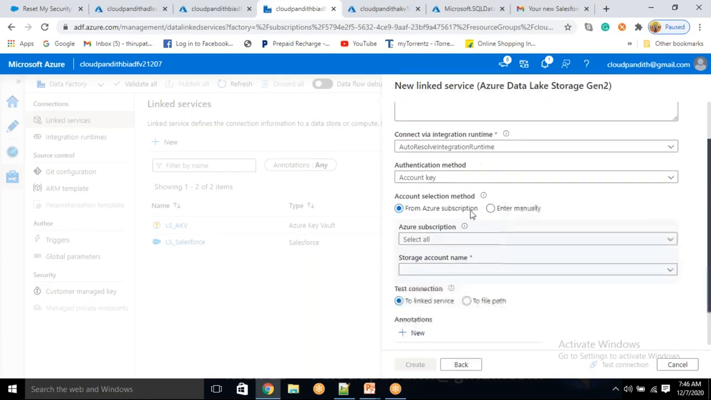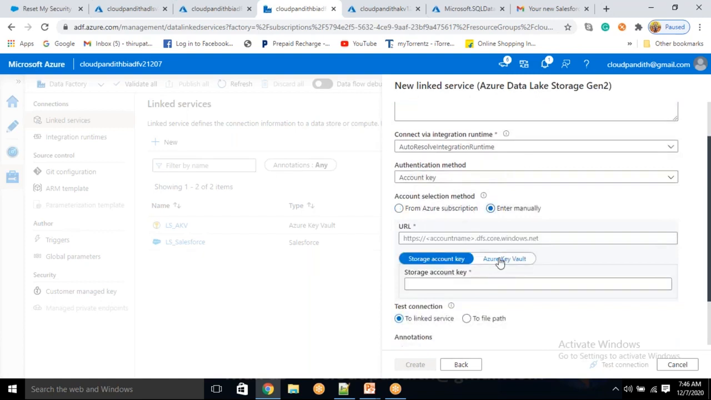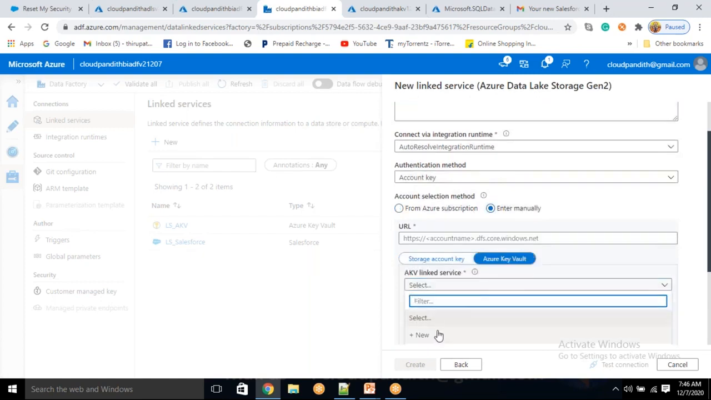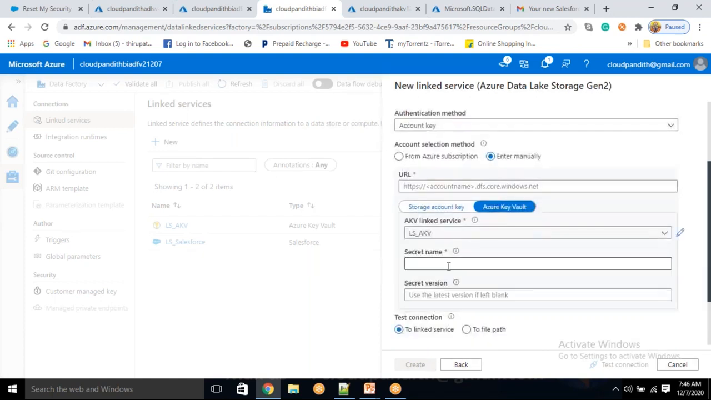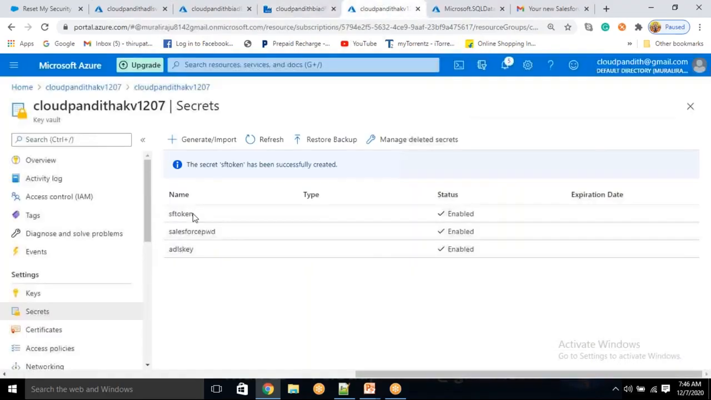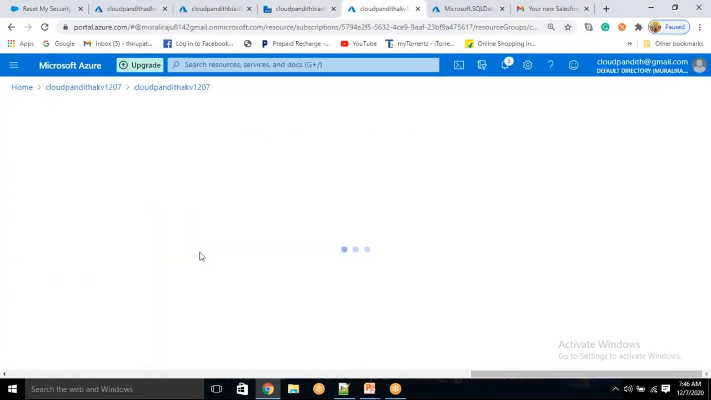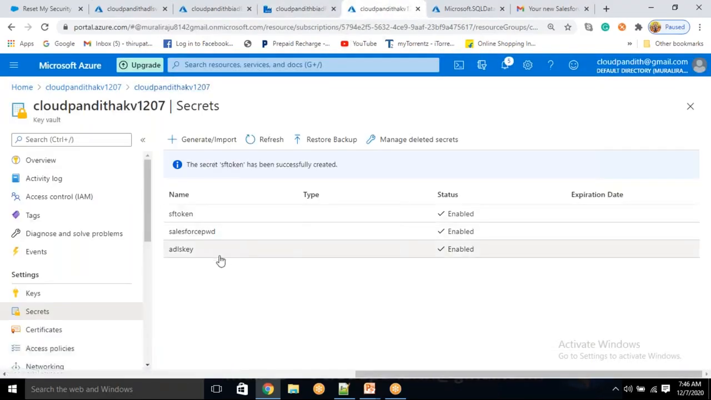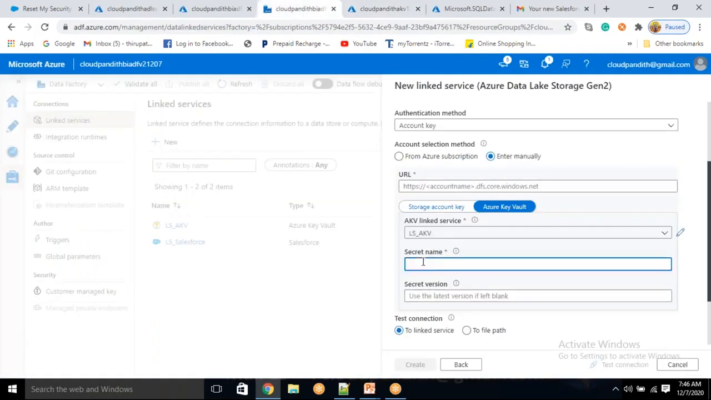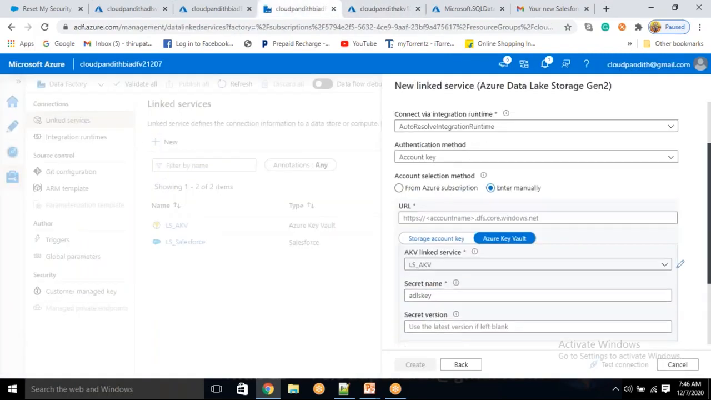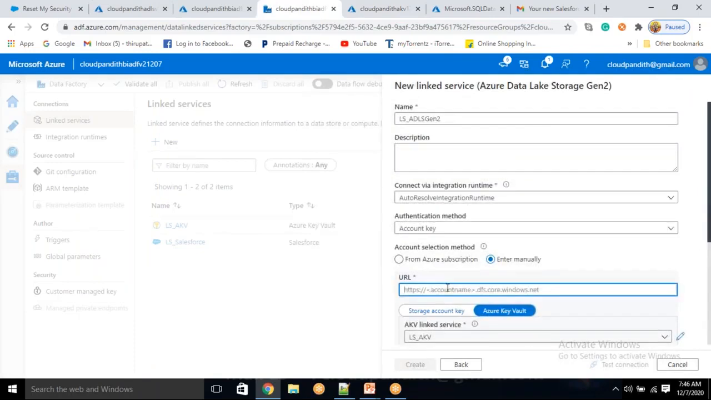Auto resolve account key, I want to enter manually. So for the linked service secret name, I will get it from here. Secret name is from here. Take your secret, it is this one, ADLS key. Take this ADLS key, and from here, keep this ADLS key here. Now you come here, let's say